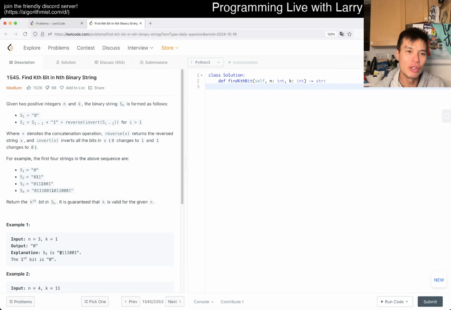I think with this one, it's kind of like a binary search. Given the nth string, you have to figure out whether k is on the left side or the right side, or exactly in the middle. If it's exactly in the middle, then apparently it's a 1. And then once you do that, you could recurse on the